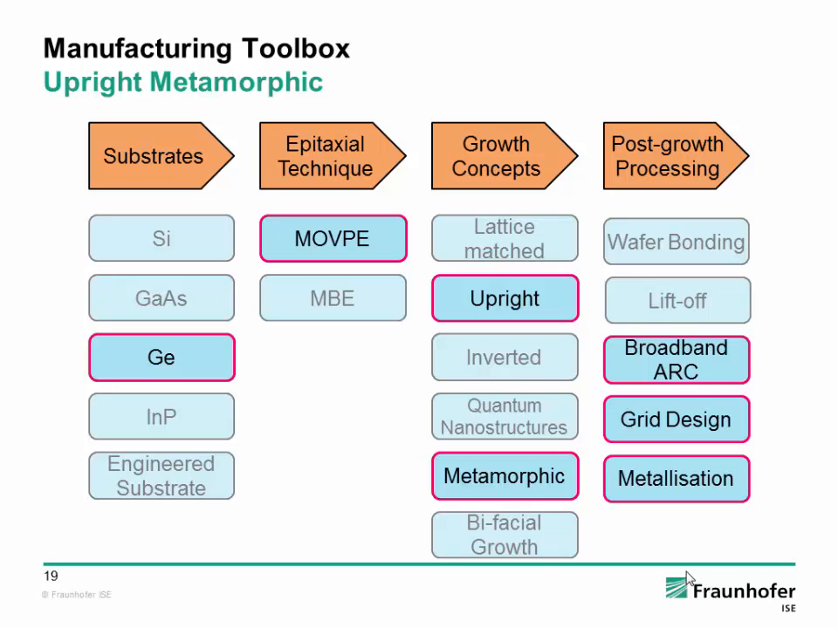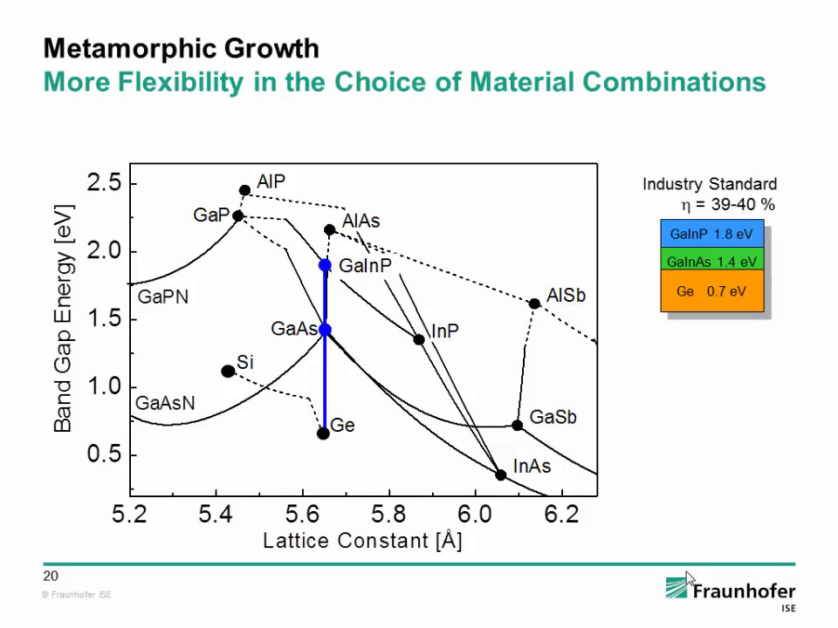So what is the problem with that structure? I mean, we want to increase the efficiency, and one important concept which we were looking into is the so-called metamorphic concept, and I want to explain that. What does this mean in the next step? So to introduce what is metamorphic growth, I start here with the land